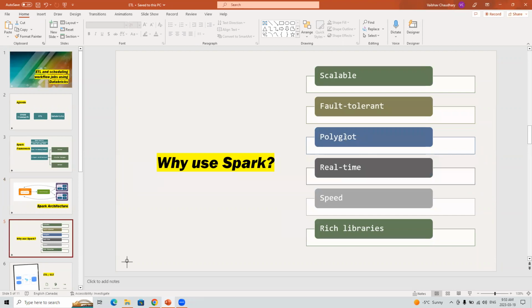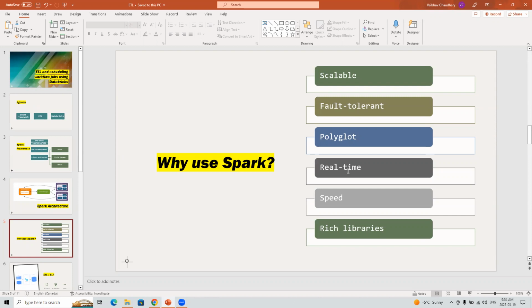And polyglot, as in Spark supports many languages: Python, Scala, SQL, and Java. We can have real-time processing as well as batch processing in Spark, so there are two kinds of processing.